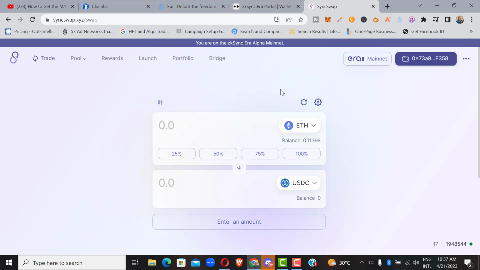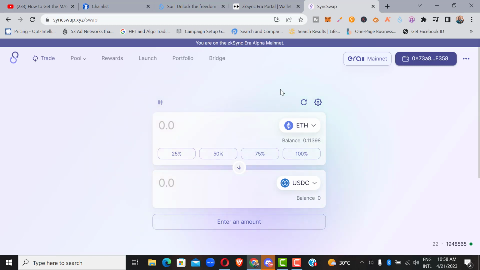I remember back in 2021 when I was using Uniswap, I didn't know that I was going to get a Uniswap airdrop. I was just interacting, buying so many different projects because everybody was excited about DeFi. By September of that year, I was given about $1,500 free just by interacting with that protocol. So you have that opportunity right now just to interact with this protocol and you stand a chance to qualify